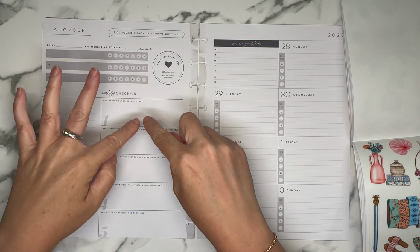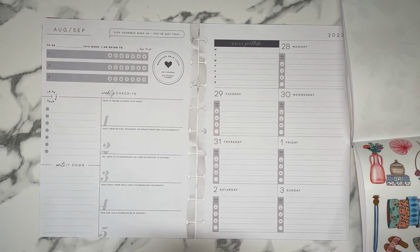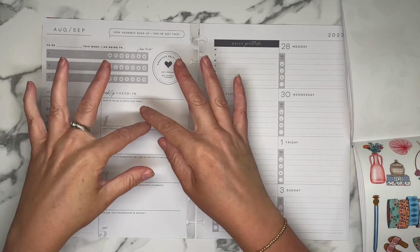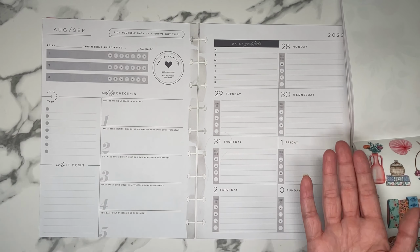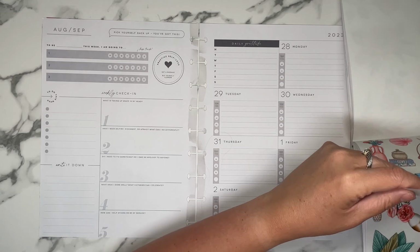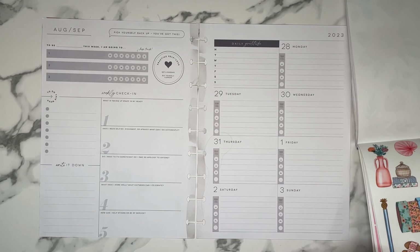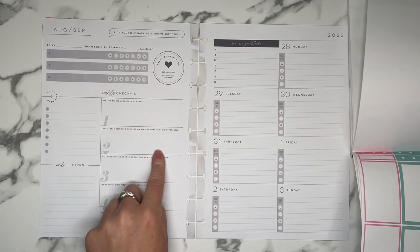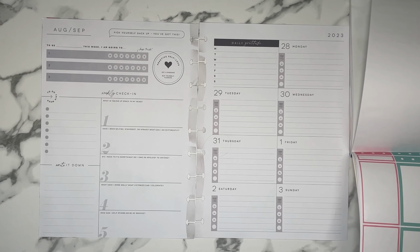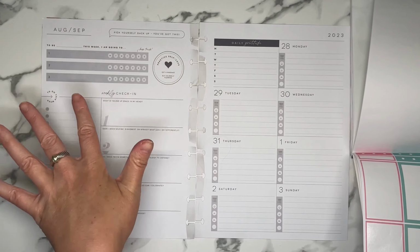I prefer just to cover it up, and I've created my own prompts on Cricut so I can just do it. But for the sake of giving you guys ideas, I'm going to do it a different way. I actually did this in one of my spreads a few weeks ago that I did not film. But I just put my own boxes down to cover this up, almost like you would do in a dashboard. And the reason why I'm doing it is just to give you guys some ideas of how you can alter this spread